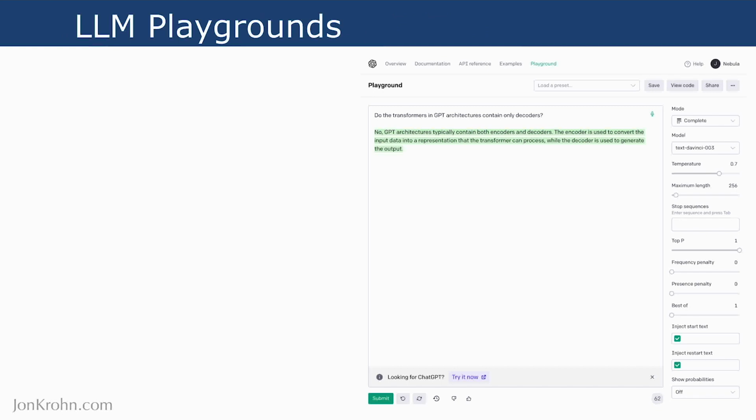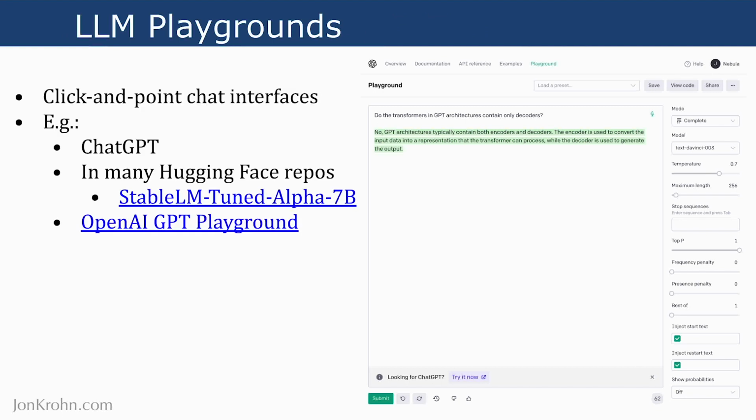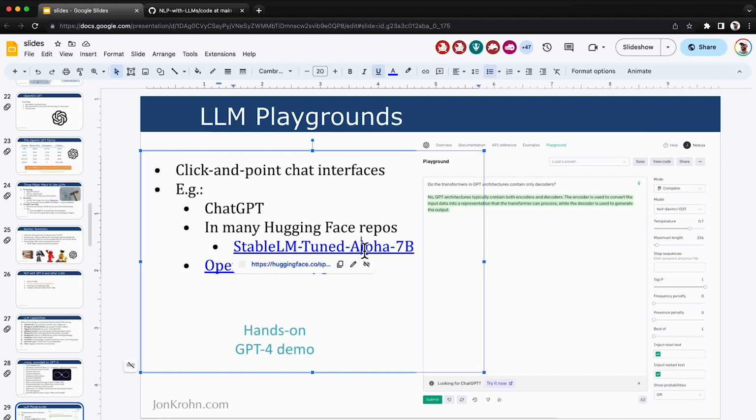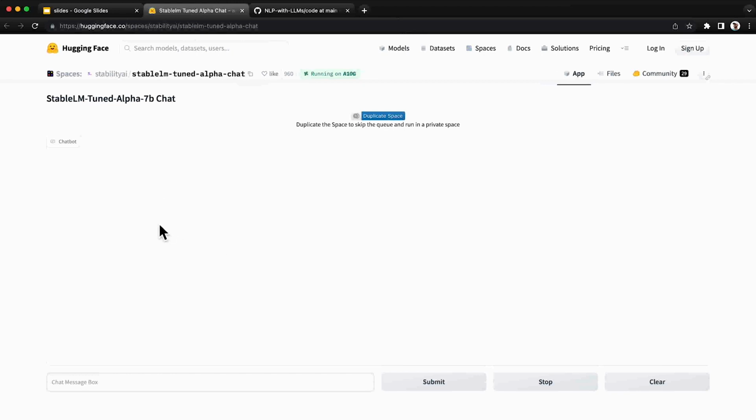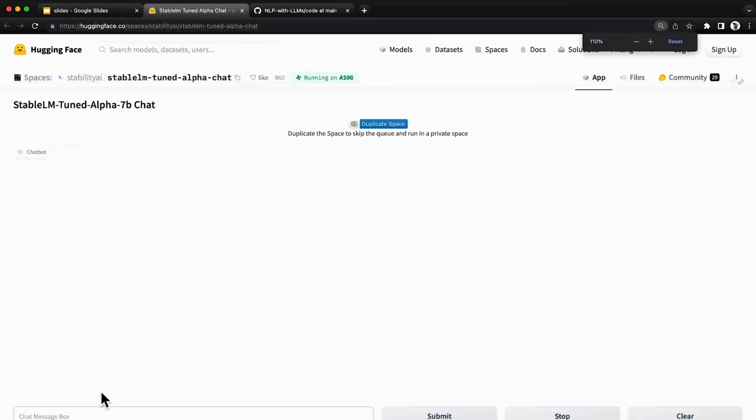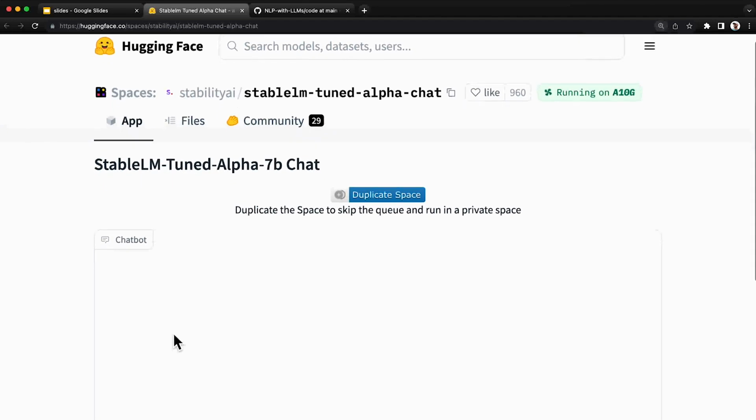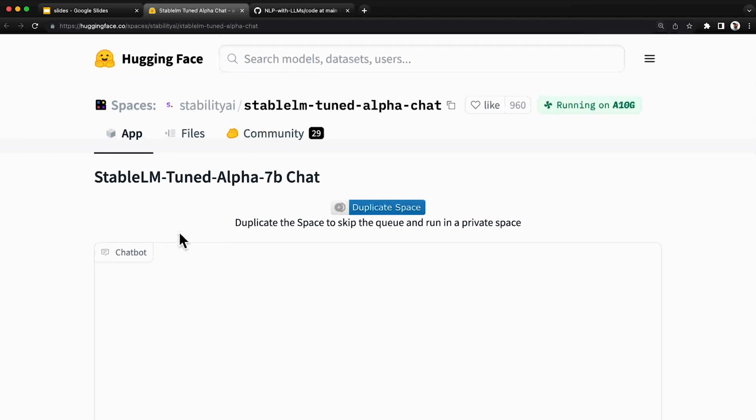So how can you interact with LLMs and make use of all this functionality? There are click and point chat interfaces, for example, ChatGPT, which probably most of us have used. You can also, in Hugging Face repos, there are often places where you can interact with the models there. So here is a relatively new model created by the same people that made Stable Diffusion, the image generation algorithm. And so this is Stable LM, Stable Language Model, and it's tuned, which in this case means it's tuned on